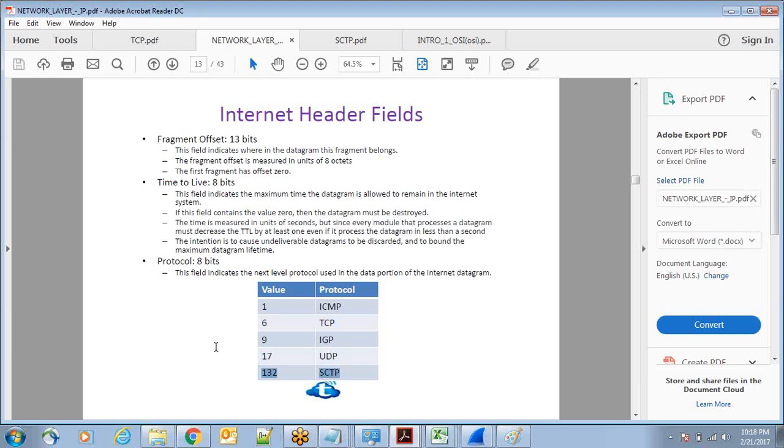It will tell you. And time to live: why we are using time to live is to remove the unwanted packets from the network. This value is 8 bits. The maximum value is 256. Every router crossing this packet will decrease the TTL value by 1. For example, if we set the TTL value as 120 and 5 routers are crossed,